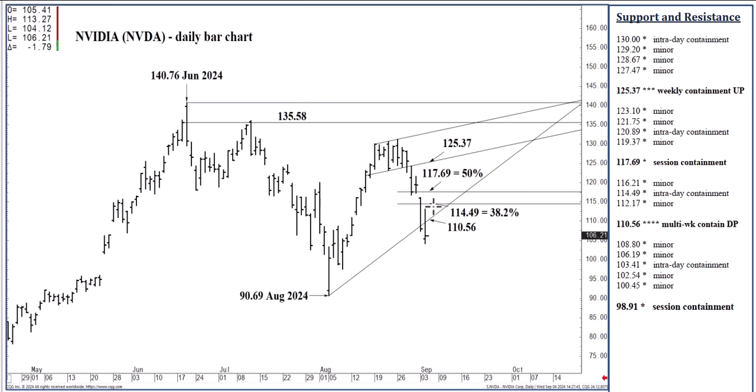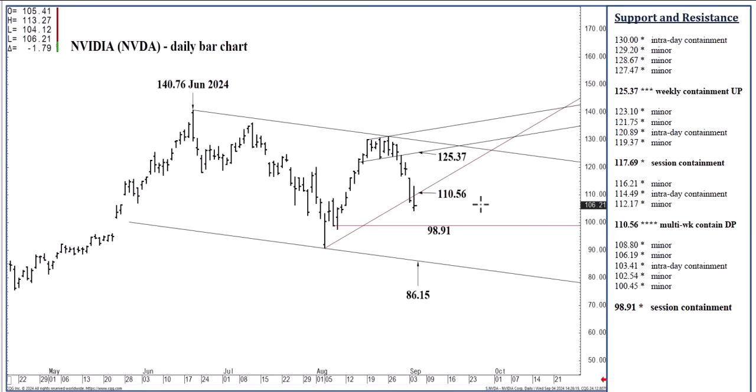117.69 is likely. That is a gap closing level that can contain daily buying pressures. It is a 50% upside retracement over the last week and a half. And if we close above 117.69, which is a stretch today, but if so, 125.37 is then likely within just a few more days. I'm going to say, though, once again, that if we close above 110.56, no longer anticipating